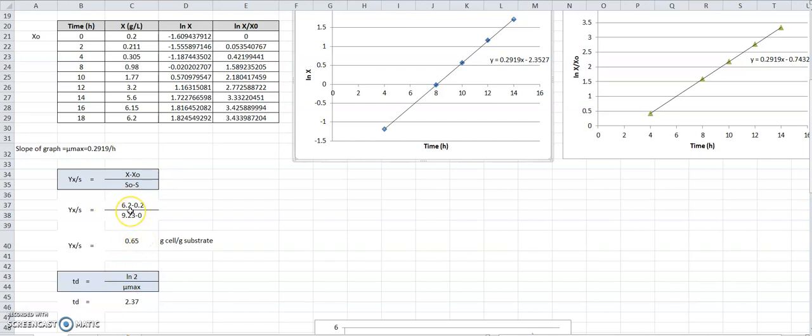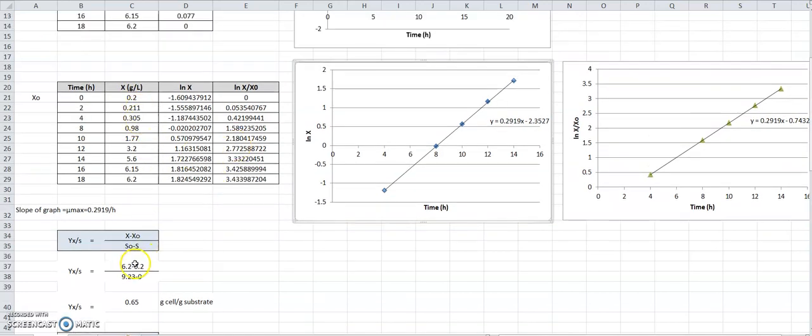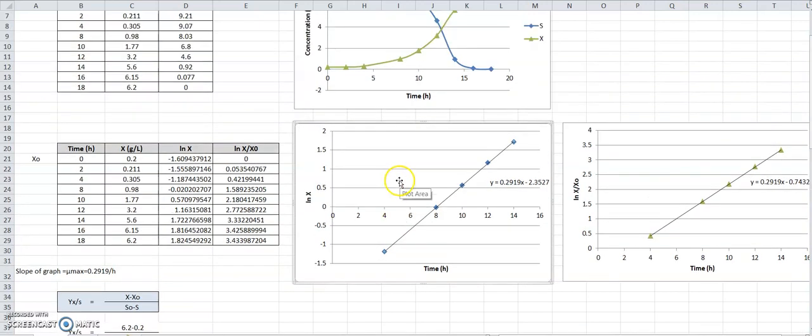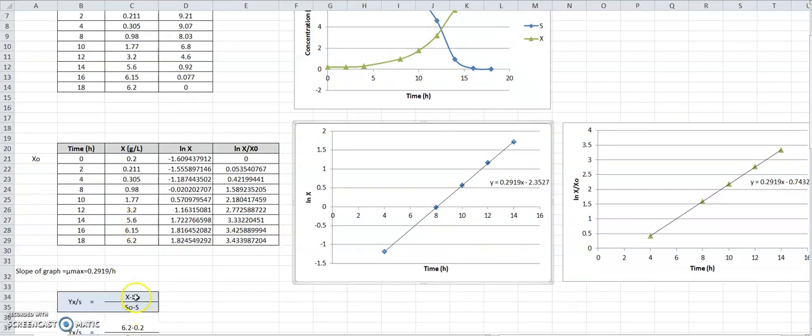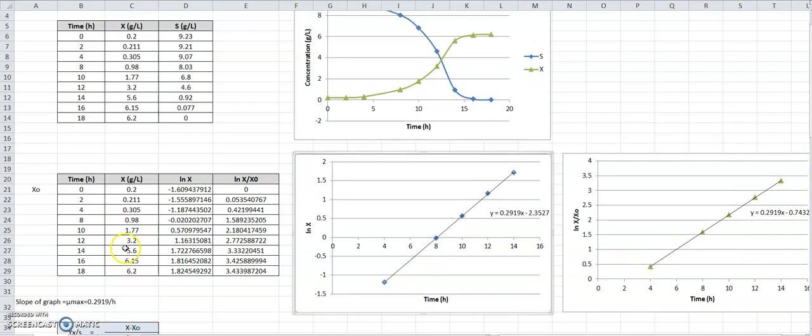How do we get this value? You pick the highest value that the cells produce, which is 6.2. At 6.2, you can see in the profile here that it is going towards the stationary phase, so it is the maximum. And then the x naught will be at the beginning of the fermentation. And for the s naught, it's the amount of substrate